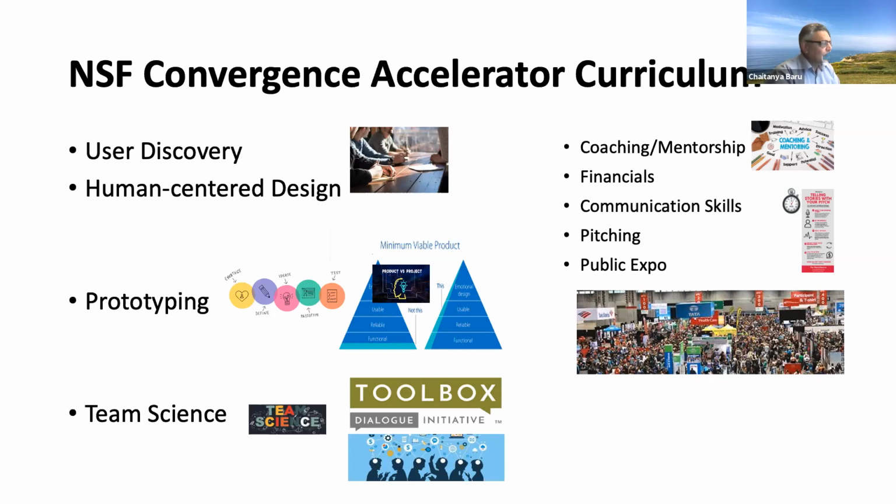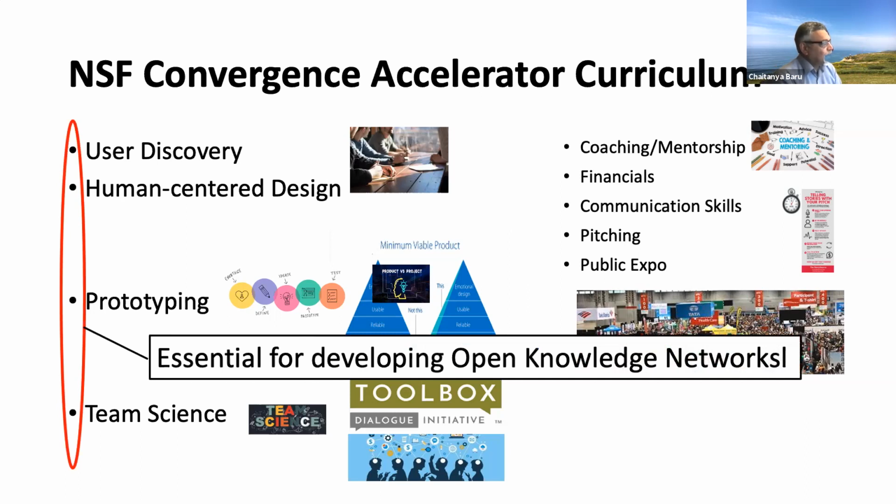There are also other modules, but these initial 4 things, I think we are realizing, are actually very essential for developing the open knowledge network and for developing knowledge graphs, because it turns out that in building these things, you really do need to understand how it is going to be used. So you're not going to build this in abstraction, devoid of thinking about what the usage of this is going to be. It does turn out that you have to prototype these things because it can still be fuzzy